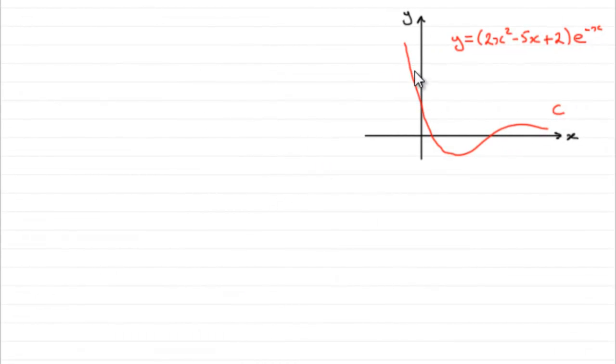Okay then, so we're given the equation of the curve C, and we've got to find out where it crosses the y-axis first in part A, and then for the second part where it crosses the x-axis. Well, for any curve crossing the y-axis, x has got to be equal to 0. So for the first part then, very easy, I'll just say when x equals 0,